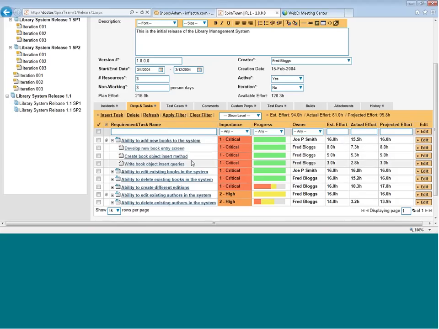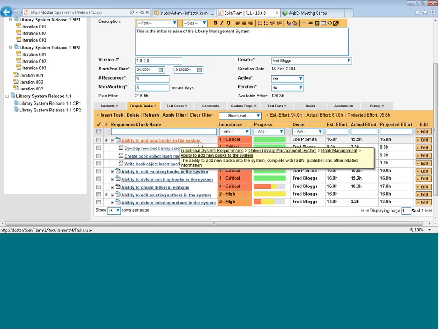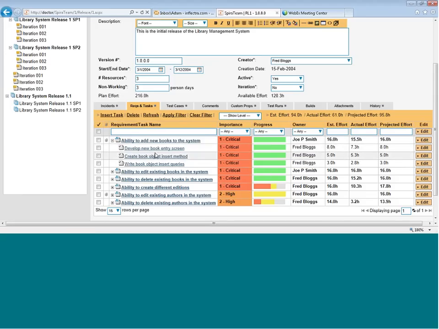So, for example, we have this ability to add new books to the system story with 3 technical tasks underneath, and that's been assigned to this release. The system will look at all the individual estimated efforts, actual efforts, and projected efforts, all of the tasks under that requirement, sum them up to the parent requirement, and sum the whole lot up to the release at the top. And in fact, that's how we get this available effort figure, because we have our planned effort, which is